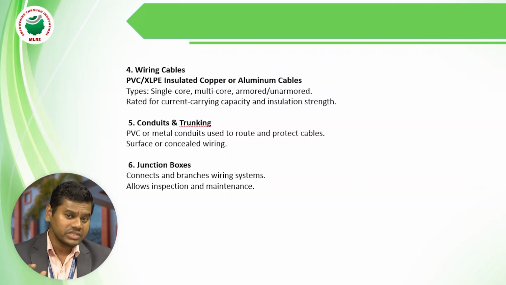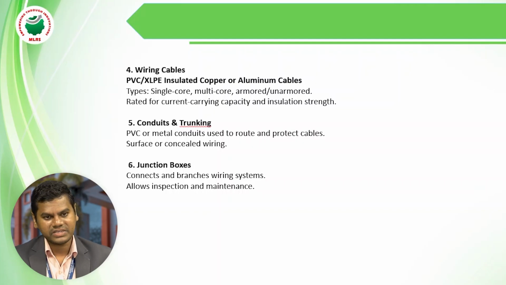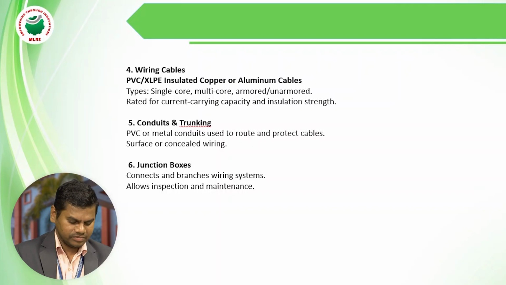Next, the last one, junction boxes. Junction boxes connect and branch the wiring system, and they allow inspection and maintenance purpose. We are using junction boxes only. Okay. So next,